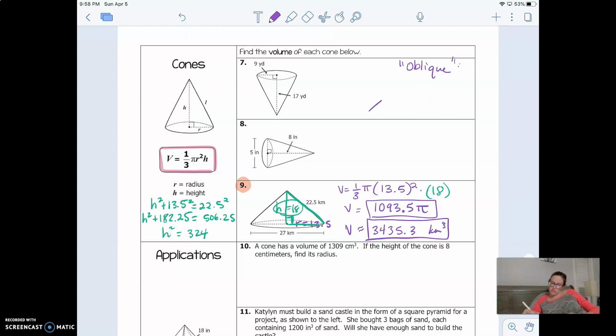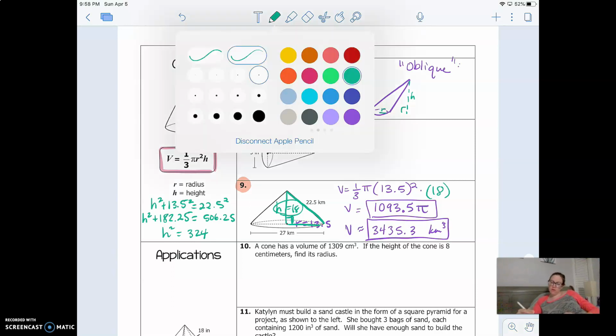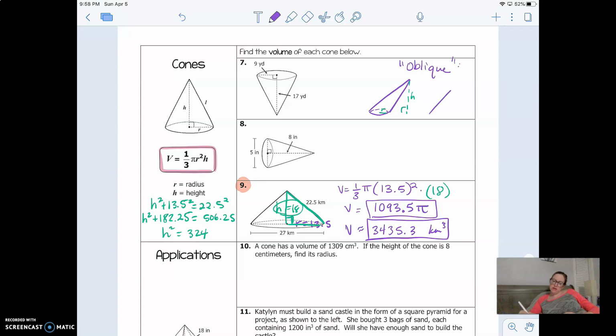Okay, so one way would be like a super duper slanty one. And that would mean your height would go outside right here. Your radius would still be the radius of the circle. Or it could be to where